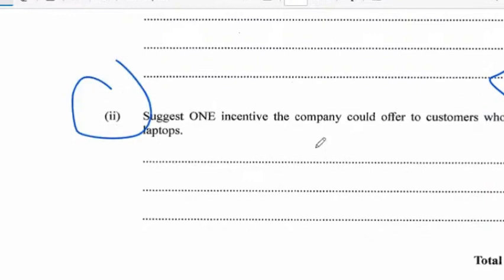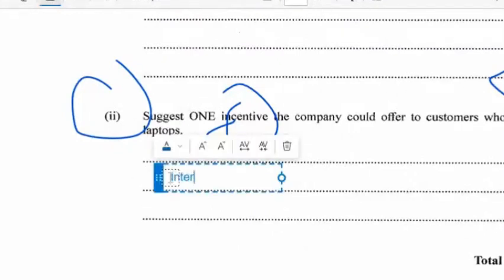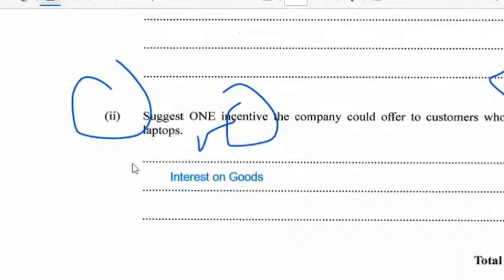All right, so let's look at II. Suggest one incentive the company could offer the customers who purchase laptops. When we mean incentive, we mean deduction, right? Something that could reduce the price of the product. Something that they could do is interest on goods, right? Or